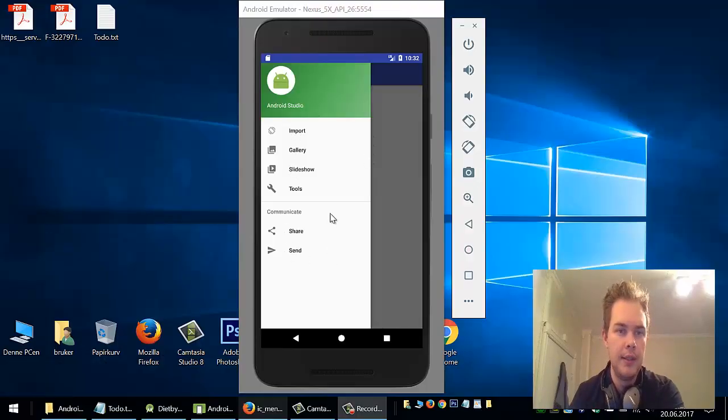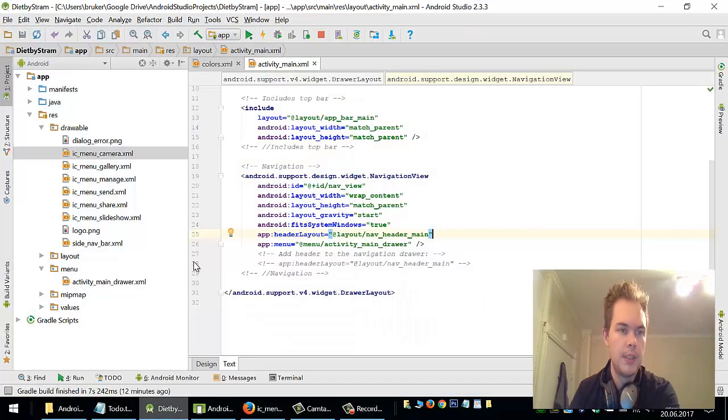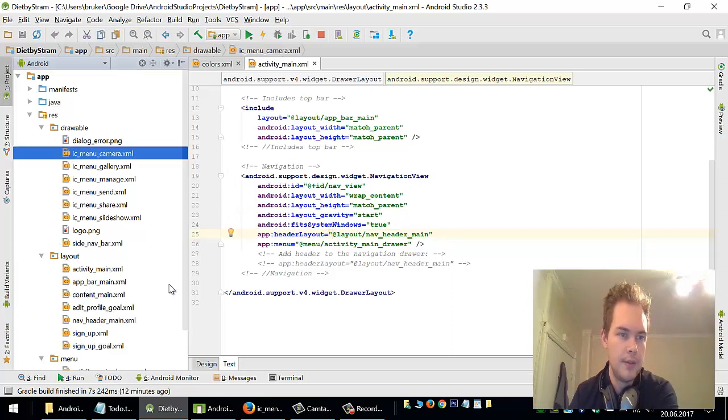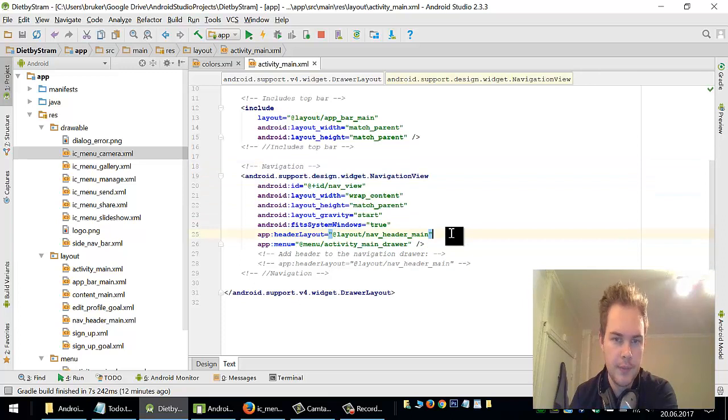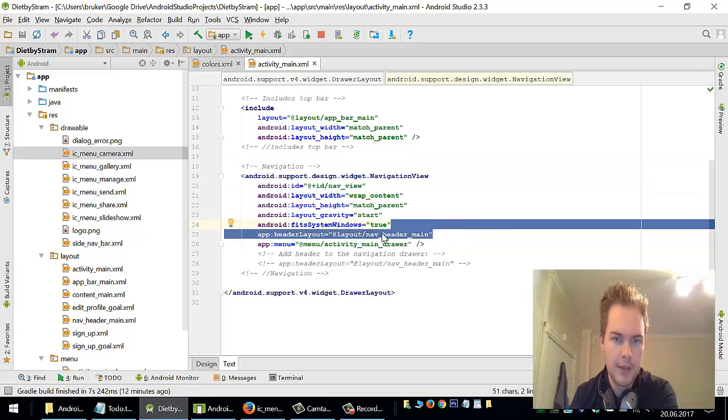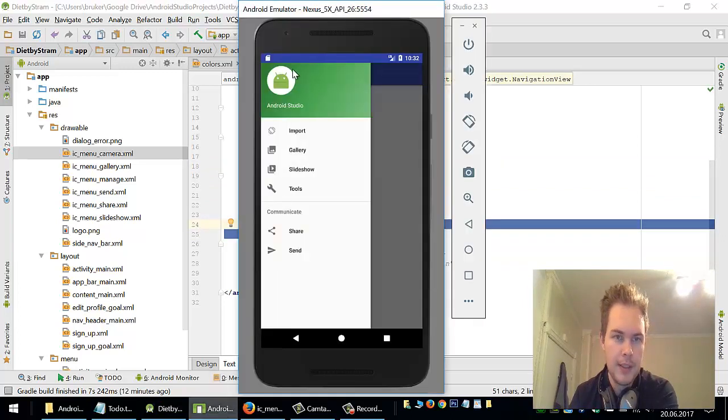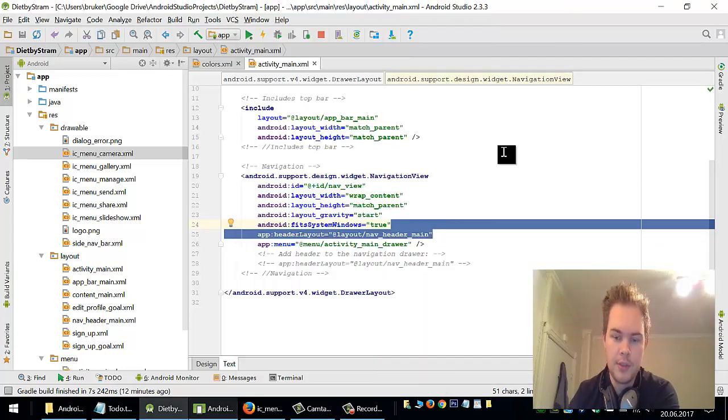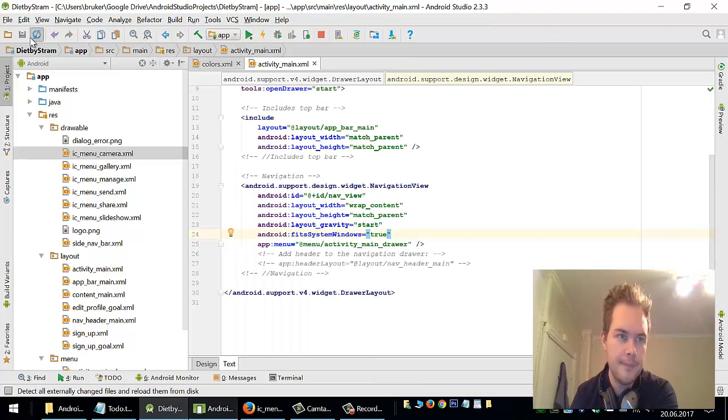Let's get started with editing this menu. We'll go to my drawable and we'll find the layout and we'll find the activity main, and in this section here you can see that we have something called nav header main, and nav header main is this green thing here, and I really don't think we need it, so we'll just delete it. Okay, now that is gone,